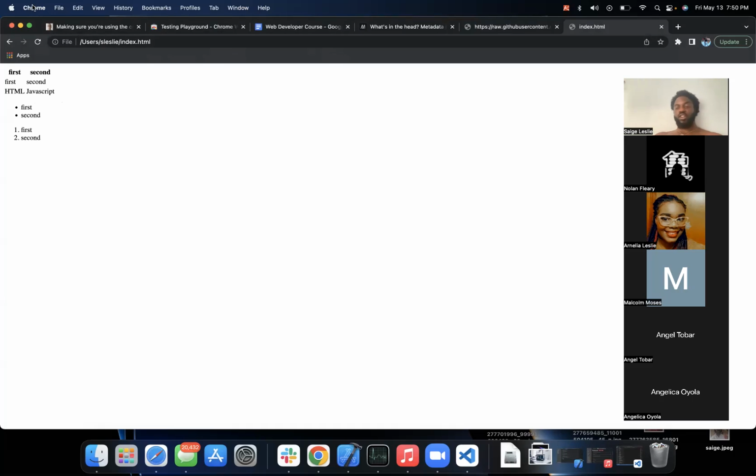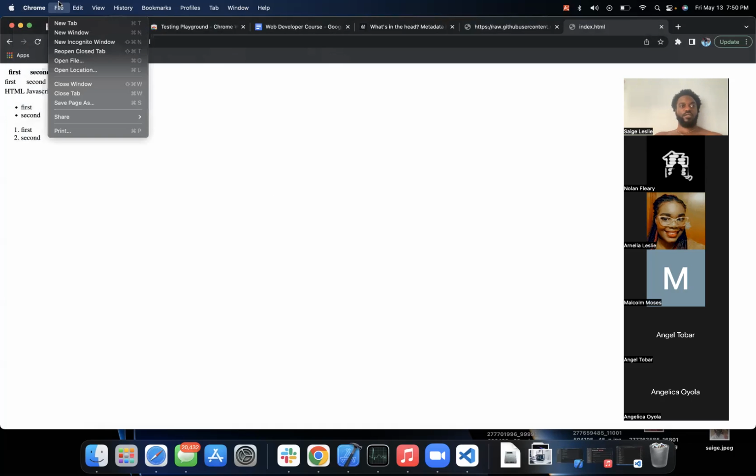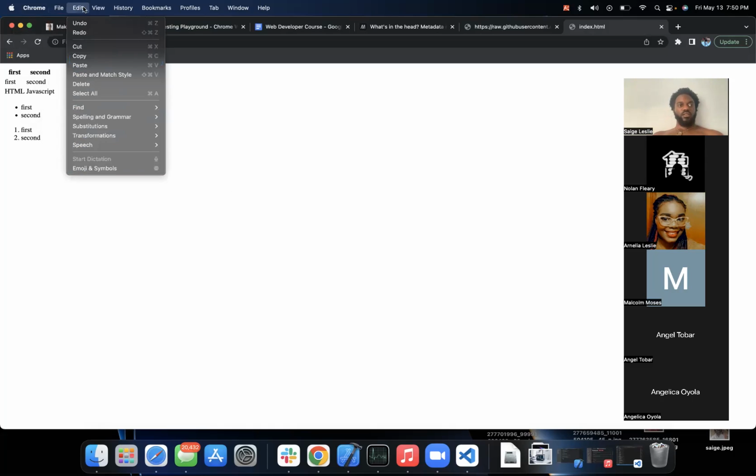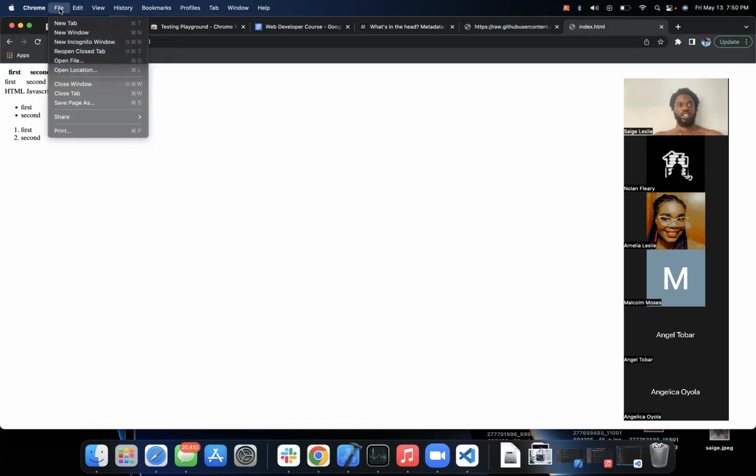Was everyone able to go on their browser, find file, either open page or open file or something like that, and then find their file that they made? If not, let me know so that we can go through this quickly because we're already. So what I did was went to the top of the page and pressed run, and it says start. There should be multiple options, not one. So if you're on your browser, and you click file on the browser,